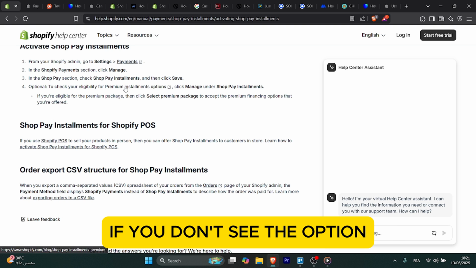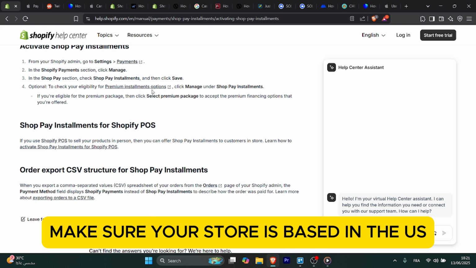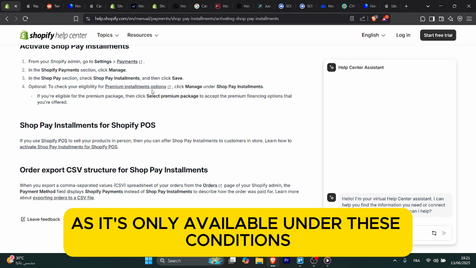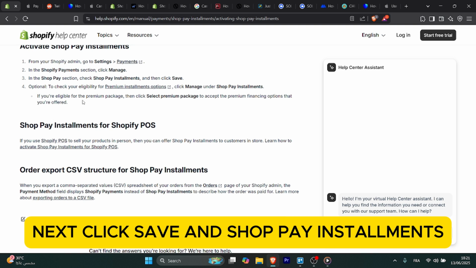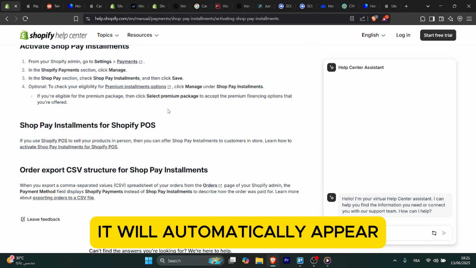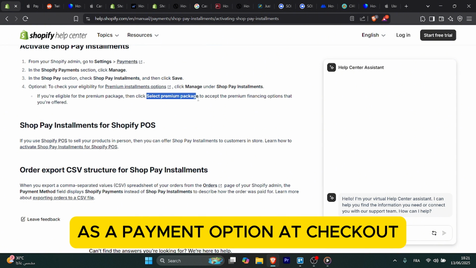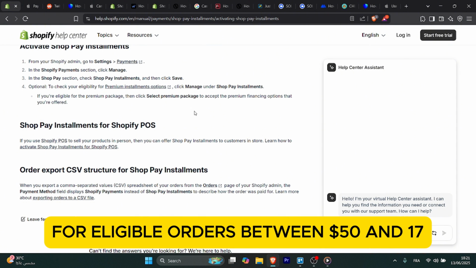If you don't see the option, make sure your store is based in the US and selling in USD, as it's only available under these conditions. Next, click Save, and Shop Pay installments will automatically appear as a payment option at checkout for eligible orders between